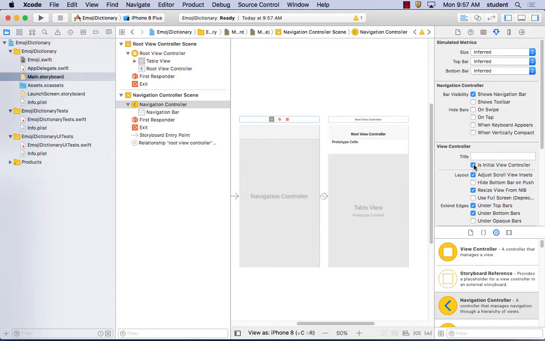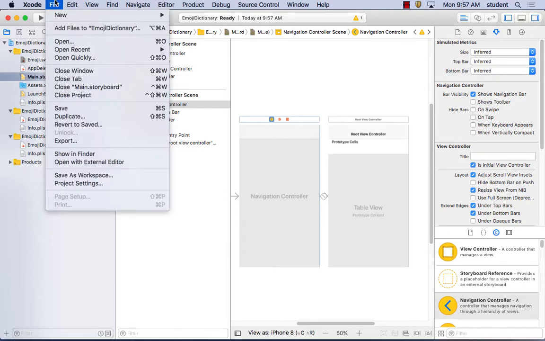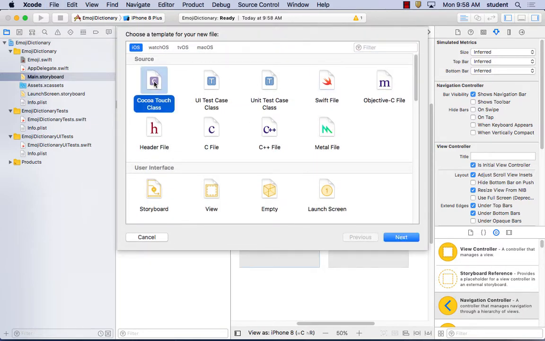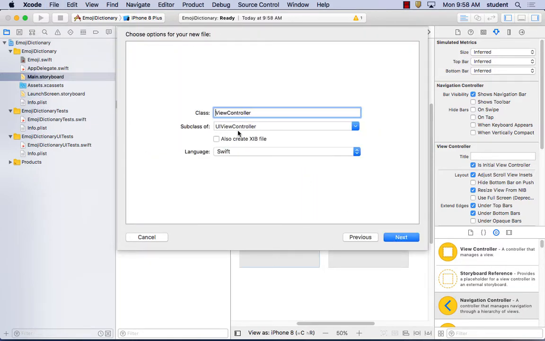Again, on page 513. To do that, I'm going to go over here to where it says File, and I'm going to go New. And again, just like we did with the Swift file, instead of making a Swift file, though, we're going to make a Cocoa Touch. So you go File, New File, and this time we're going to do a Cocoa Touch. And we're going to say Next, and we're going to give it a name. They tell you to name it Emoji Table View Controller. So I'm going to type in